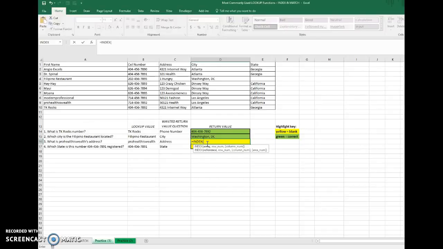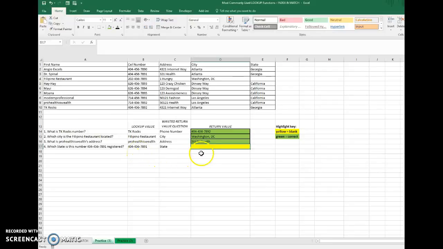Array is the return value that you want, so the address, so you select that range of cells, comma, type in MATCH, open parenthesis, your lookup value is Pro Health as well, okay, comma, lookup array is where that name is located, okay, comma, and we want the exact match, close parenthesis, another close parenthesis, so enter. Okay,